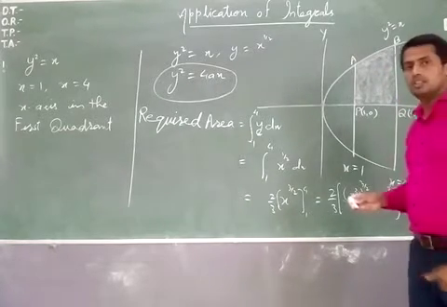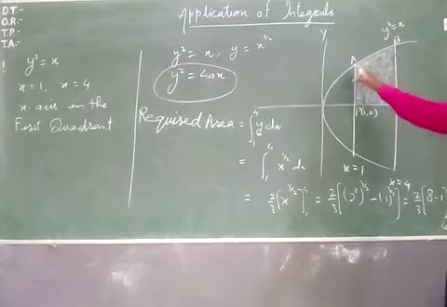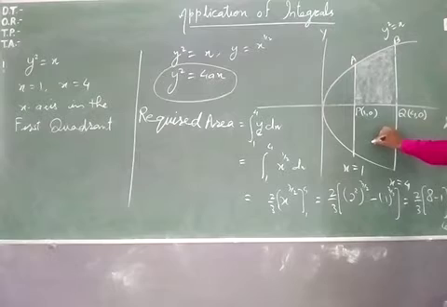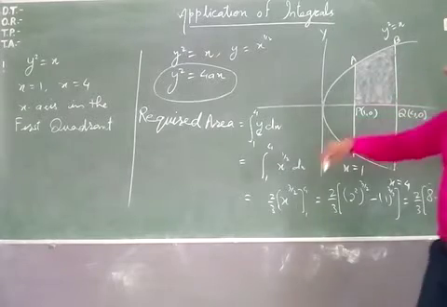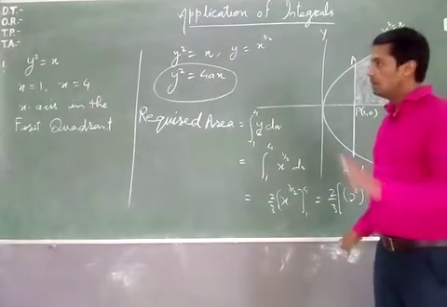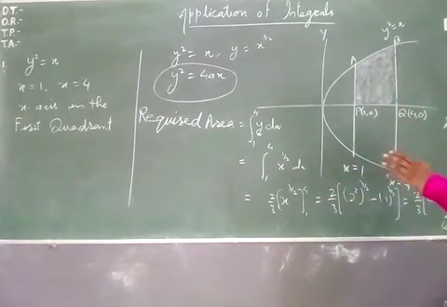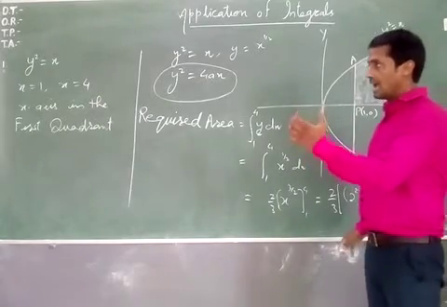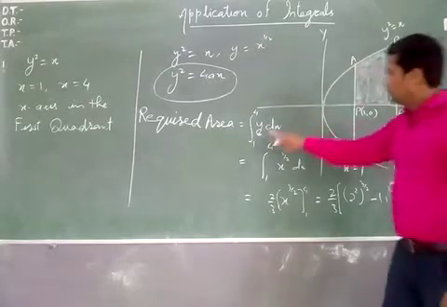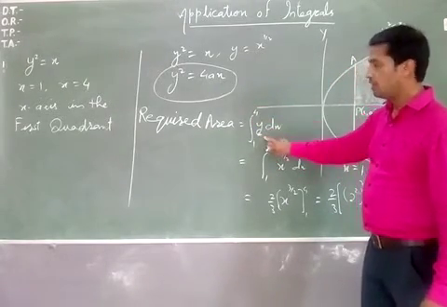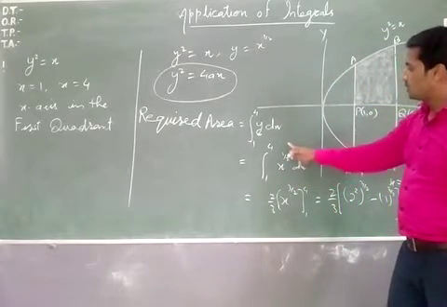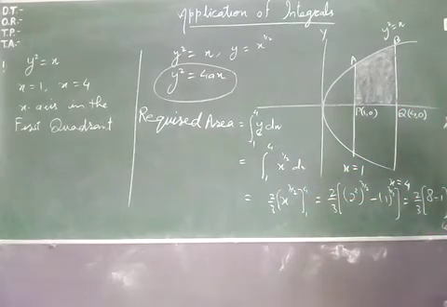If it is given to find the area bounded by the line, then we can include this part also. To find the symmetric part, we can multiply here only by 2. But it is given that on x-axis, find the area in the first quadrant. So we are using only the first quadrant. We have used the interval 1 to 4 for the value of y. We have x power 1 by 2. We can integrate here x power 1 by 2, and it is a simple integration.